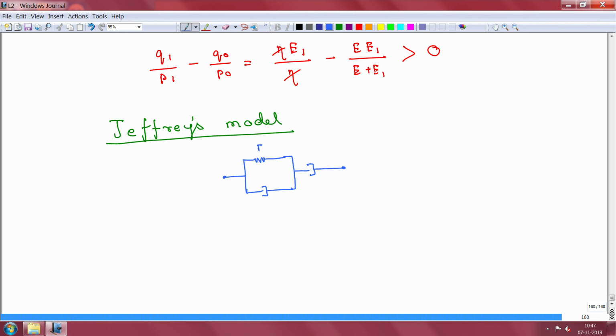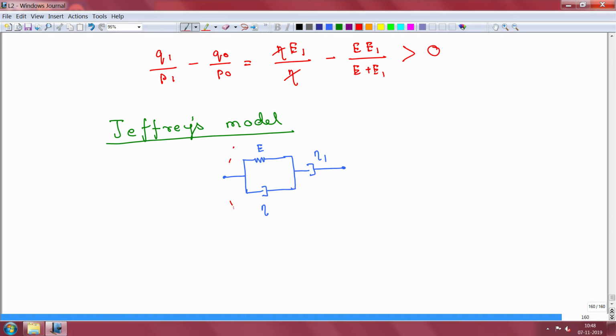So, you have an E, this is eta, and I am just going to say that this is eta 1, in the same spirit that I have been. Okay. So, we are going to solve for this, but before we do that, we should ask ourselves one more time, as an intuitive idea, whether this is going to be appropriate for a viscoelastic solid or a viscoelastic liquid. Now, take a look at this particular system.